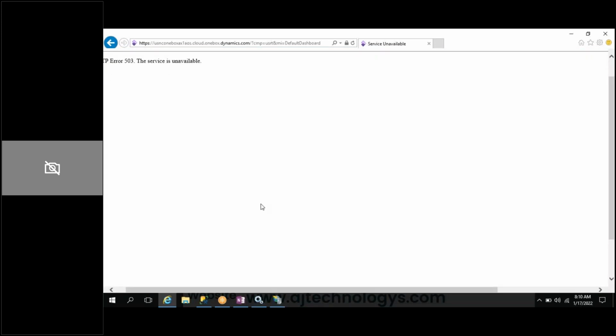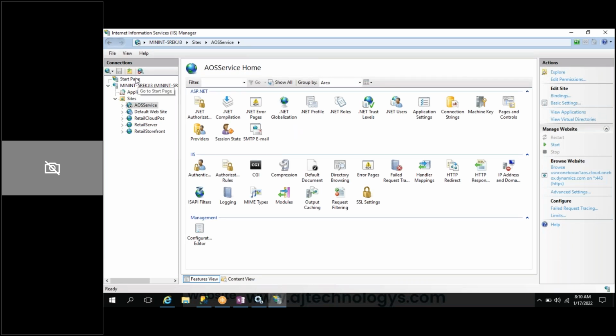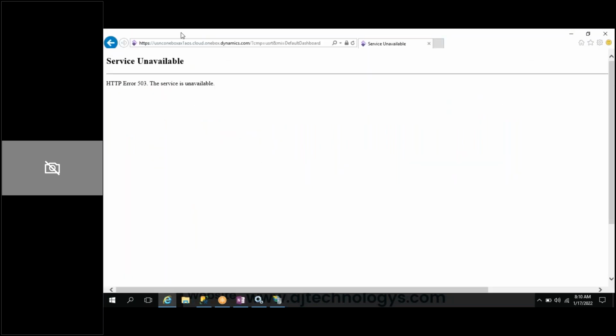See, the service is unavailable because the service is not running. Okay, but how to start this? You can go directly to Internet Information Manager and just click on start. Then you can refresh the browser again.